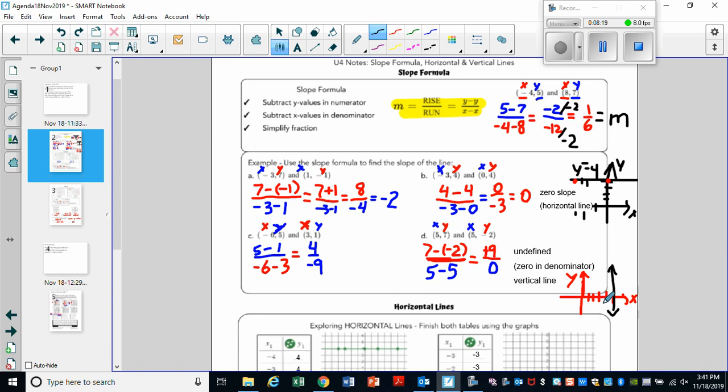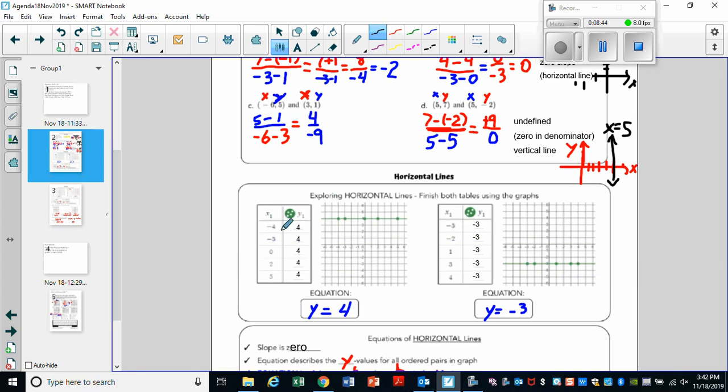So 1, 2, 3, 4, 5. X equals positive 5. So graphically, that's what the graph of this line would look like. You're going to have a vertical line up and down. So talking about vertical and horizontal lines,